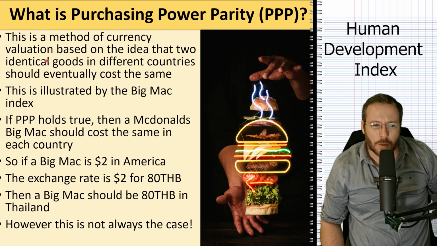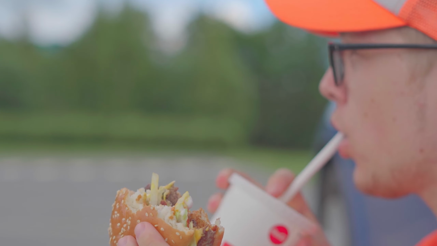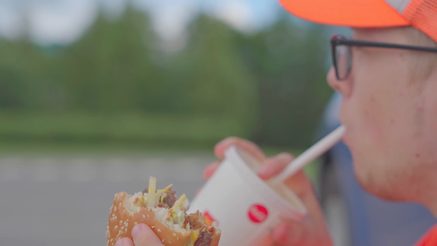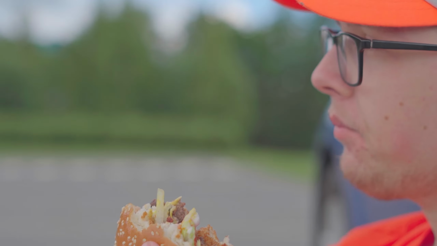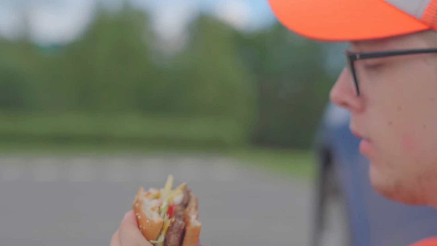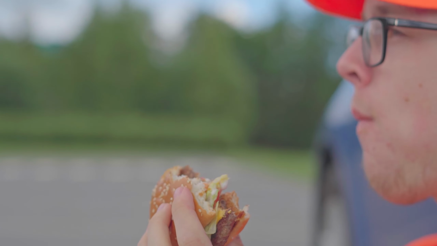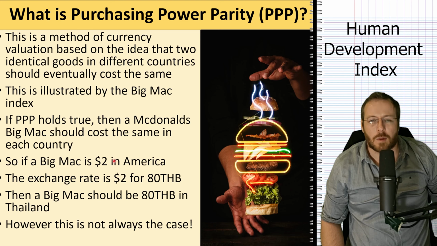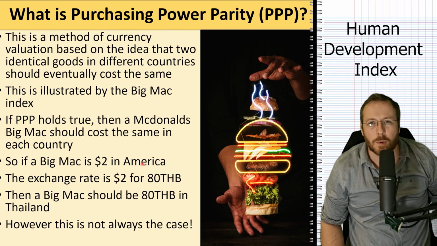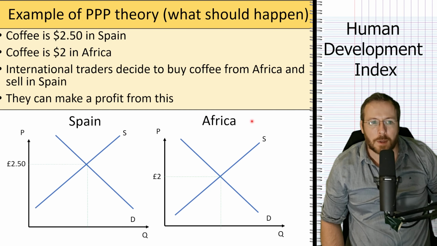And quickly, another concept that we can look at with this is the idea of a Big Mac. Just the basic idea should be this, right? If I go and buy a Big Mac in America and it's $2, this Big Mac should be pretty much $2 in every country I go to, and the exchange rate should reflect that. But we know that's not always the case. So the price of a Big Mac actually can be higher or lower in loads of different countries for a multitude of reasons. And this is why it should be the case, right?